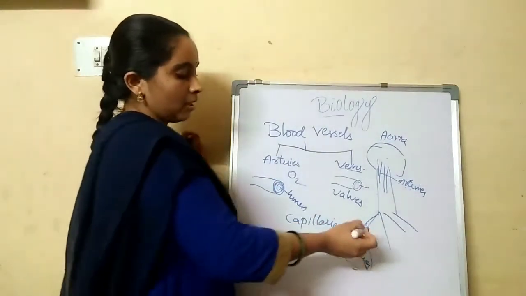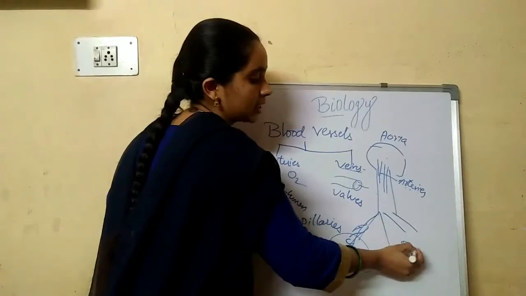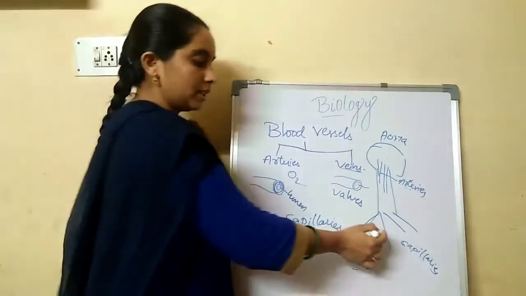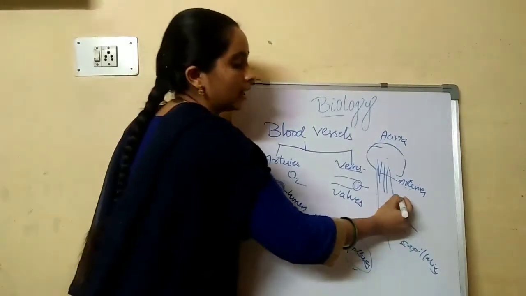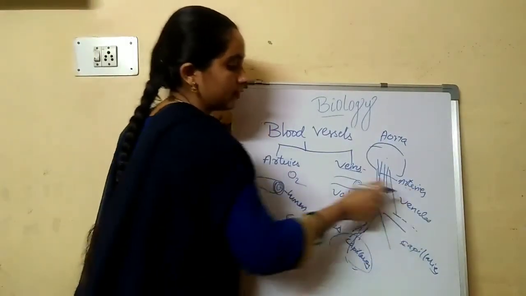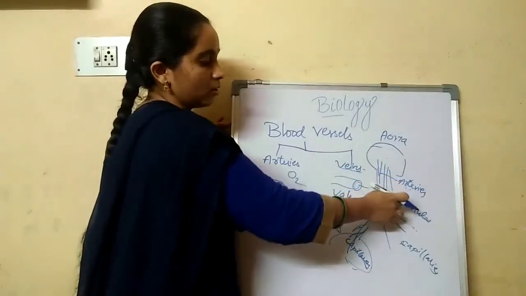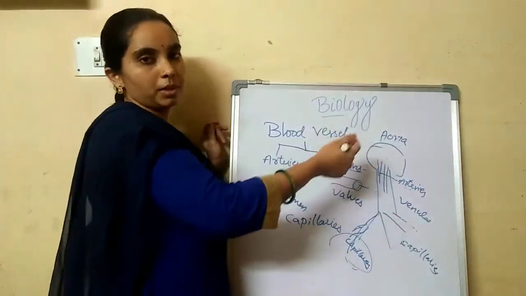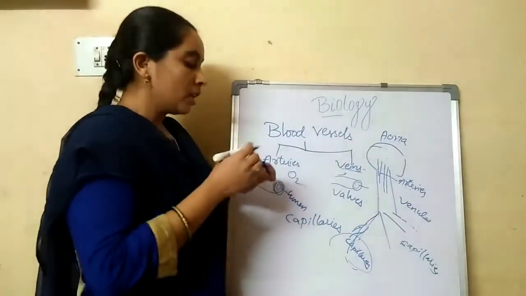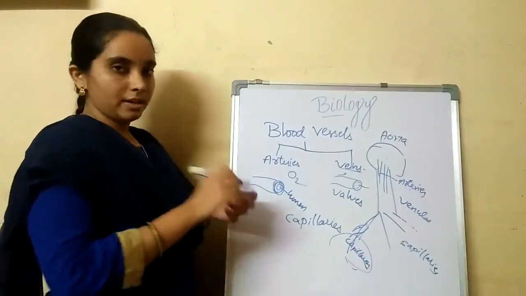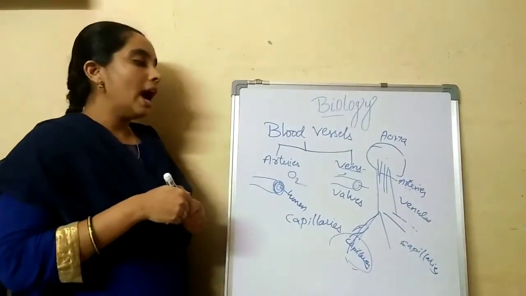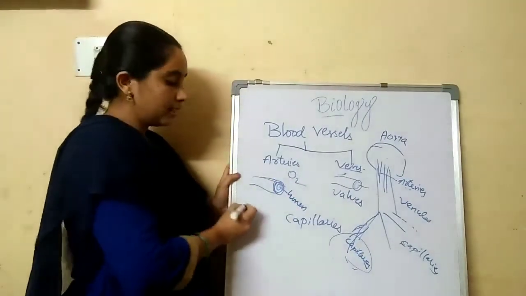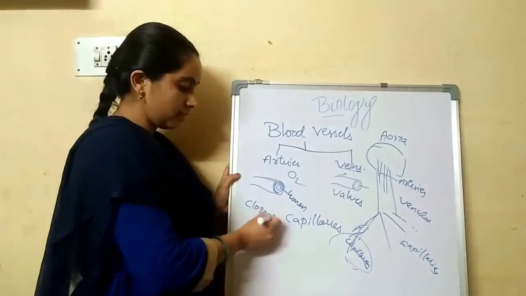And the same way there are capillaries which carry deoxygenated blood. These capillaries all together come and form venules. These venules come together and form veins. These veins again give the blood to the vena cava, superior vena cava and inferior vena cava. So these are different types of blood vessels that are present in our body, and if the blood flows inside these blood vessels, this is called closed circulation.